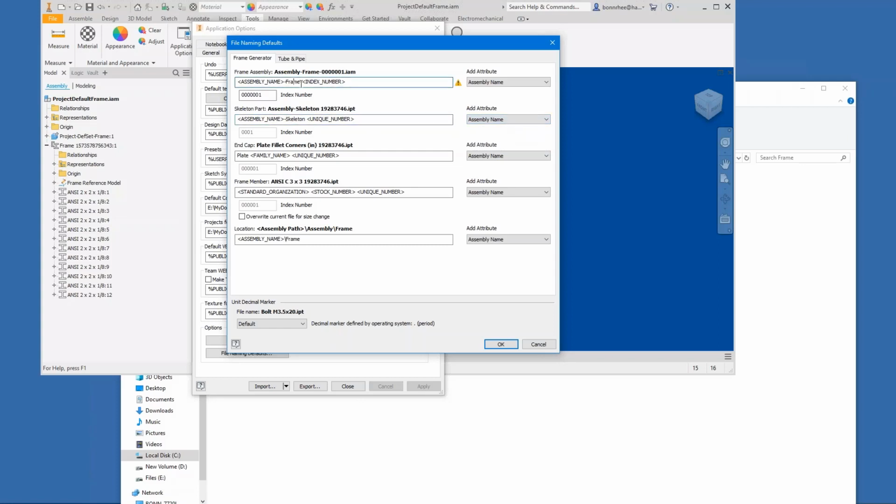And you can always replace or remove the skeleton. And instead of the index number, maybe instead of the unique number, use index number. And I want the same number of digits, so let's do this. The end cap will be the same. We'll come back around to that a little later. The frame number will be maybe assembly number, and